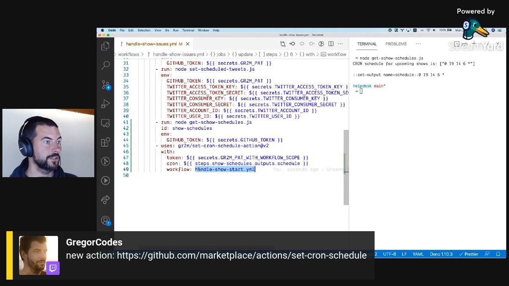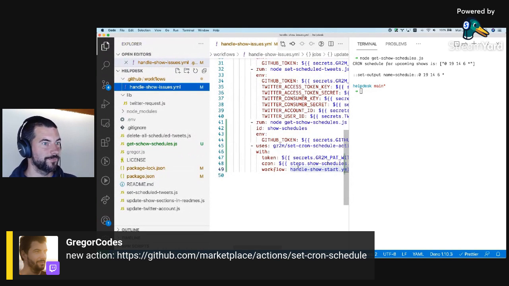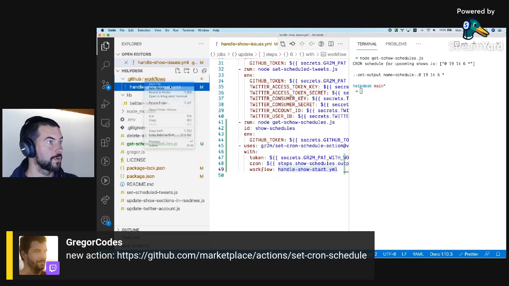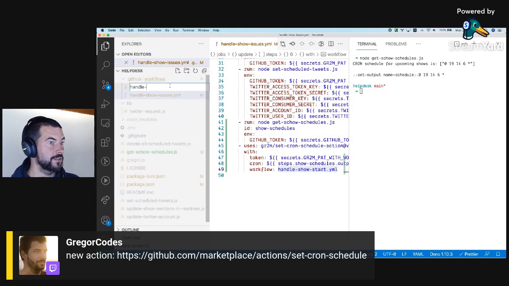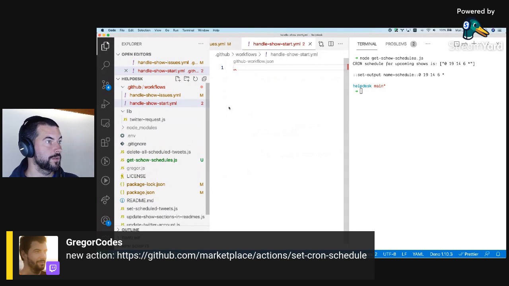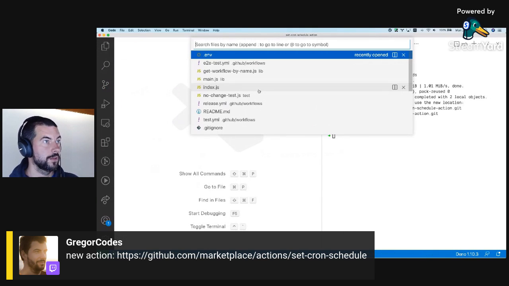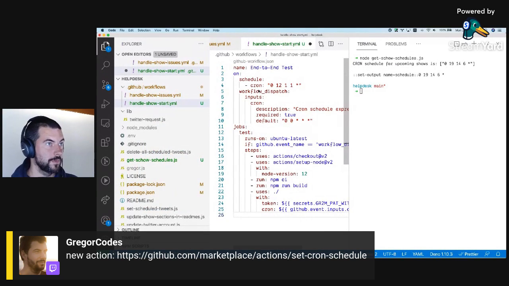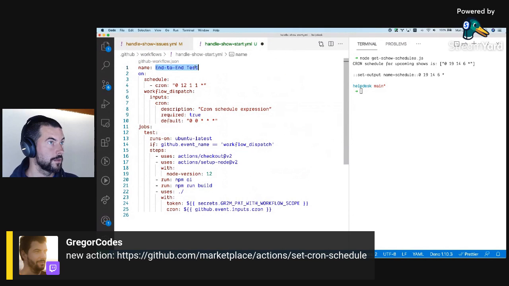Okay. Oh no, I still need to create a new workflow. Which is handle show start YAML. And I can just handle show start.